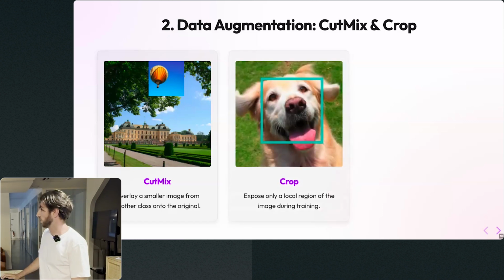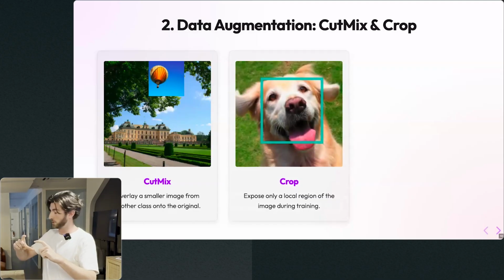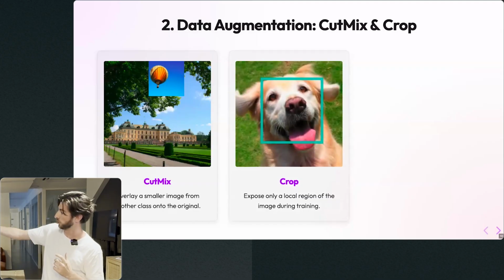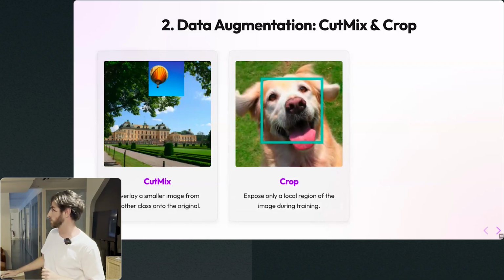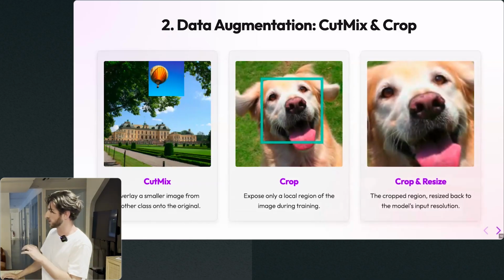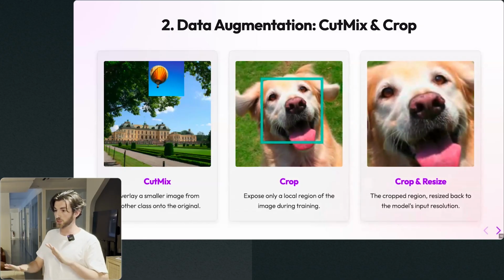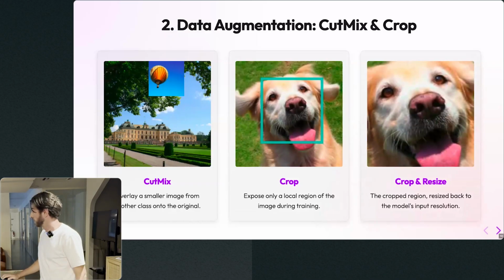And the other ones are crop, where you just take a zoom and the model will only see the tokens inside that square, and crop and resize, where you zoom in. This is mainly to tackle the issue of scale within the images. So using those two tricks, we train a model like this,